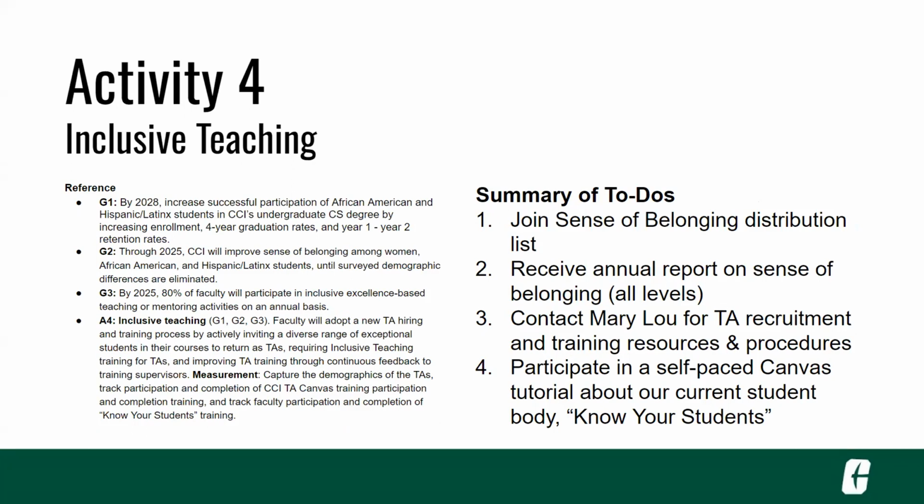Okay. Activity 4 is inclusive teaching. So again, you can contact me to join a sense of belonging distribution list. For those that don't know, every year we run a data buddies survey. And we have really great response rate. So we have, I don't know, maybe just under 1,800 students at least responded last year, graduate and undergraduate. So we have just a wealth of information,